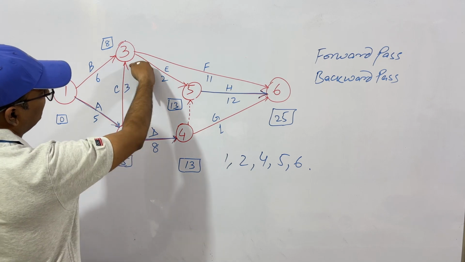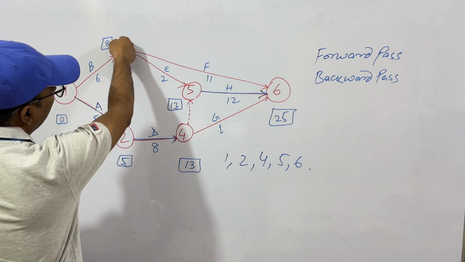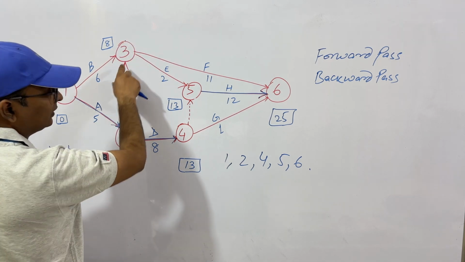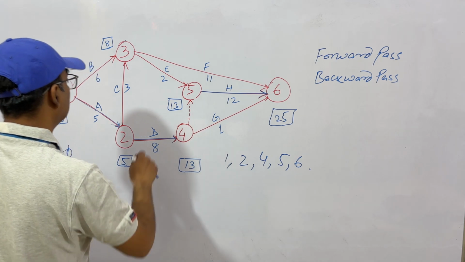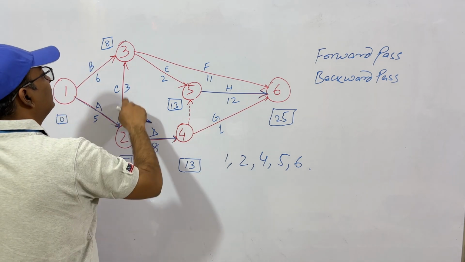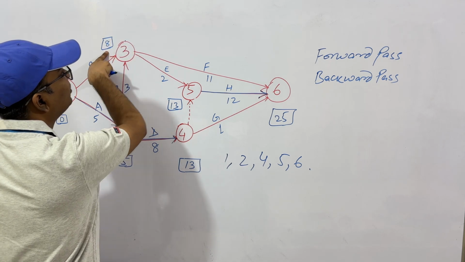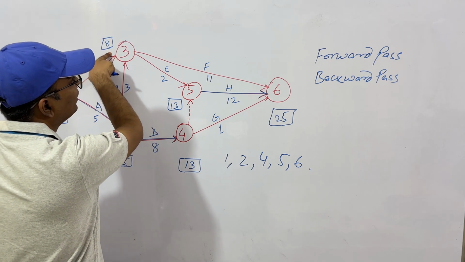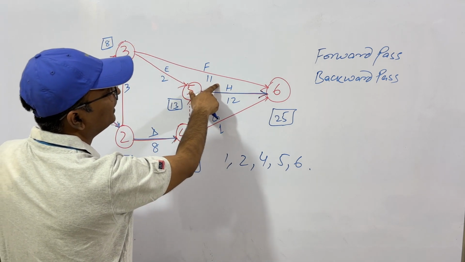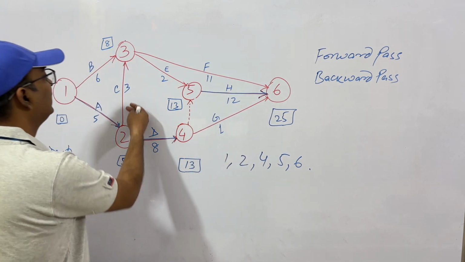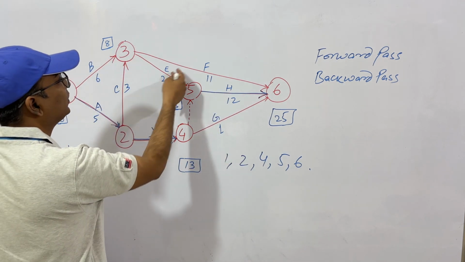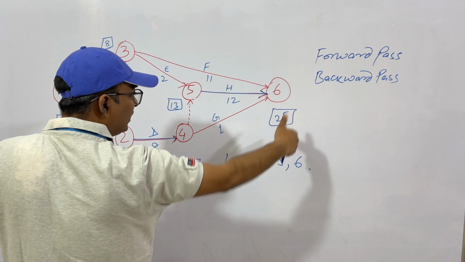See this one. This is 8 minus 5, 3, and this is 3. This should be critical. But why is it not critical? Let me tell you why. If you take one more day, what will happen? Instead of 8, this will become 9. 9 plus 11, still it will be 20, which is less than 25. So even if you have delays in these paths, 1 or 2 days, it won't affect your overall time duration